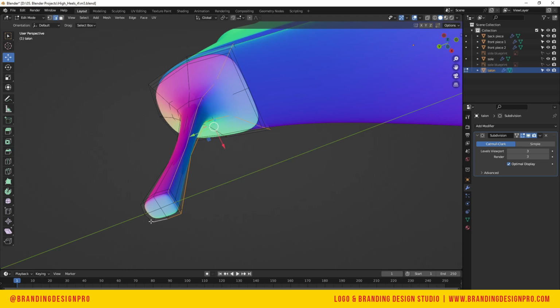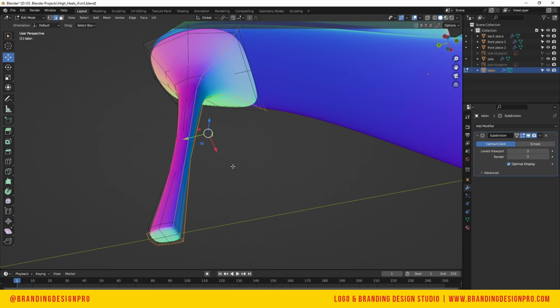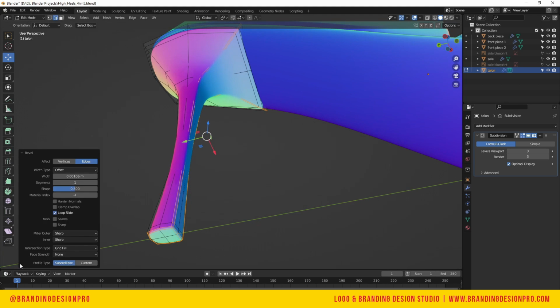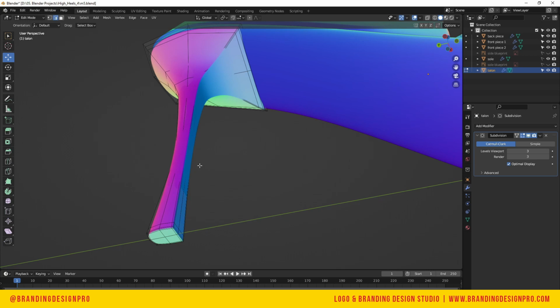And then from here, we're gonna go to Control B to bevel. And open the bevel menu, add 2 segments, take the shape to 1, set the mid outer to arc, and then click out and then tab. And now you have some crisp, sharp